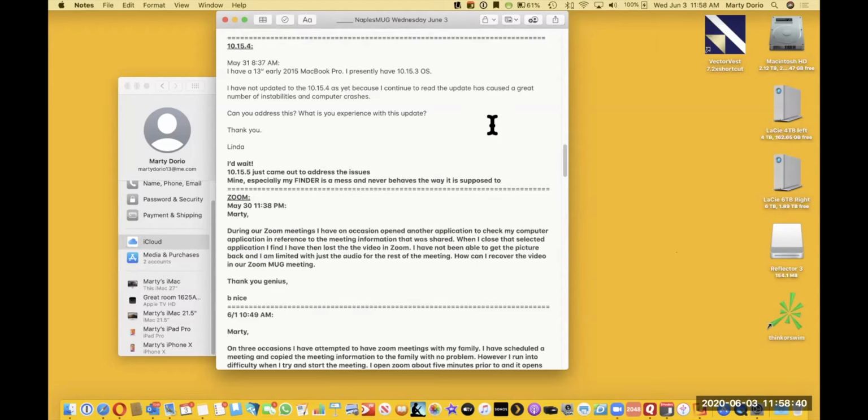So my advice, since your question is should I update, my advice is don't update yet. Let's wait and see when 10.15.5 comes out. 15.5 is in beta testing right now, and I'm a beta tester, and